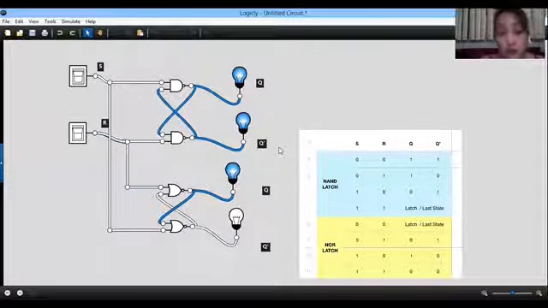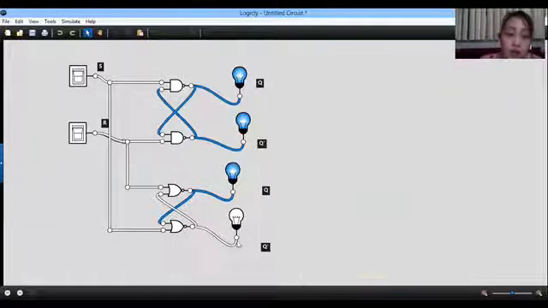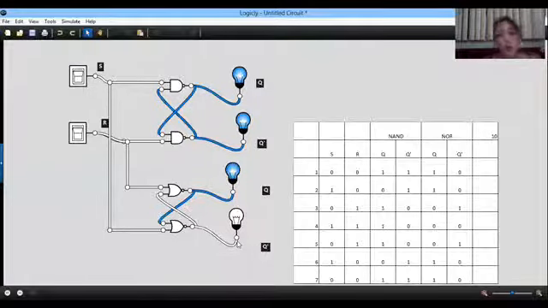Baliktad siya, inverted siya when you go to this part which is the NOR latch. The NOR na merong R na input will have Q output. Then the gate that we have, the S input will be the Q output. Okay, so let's simulate the table